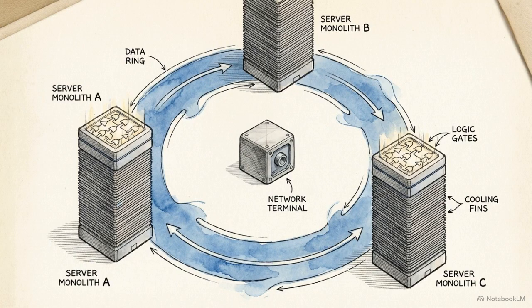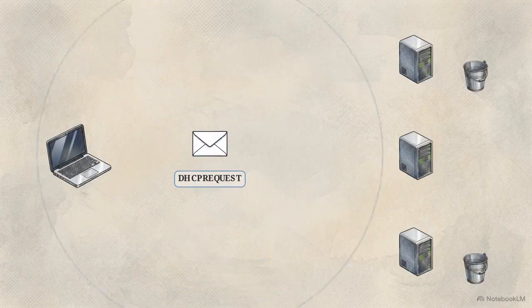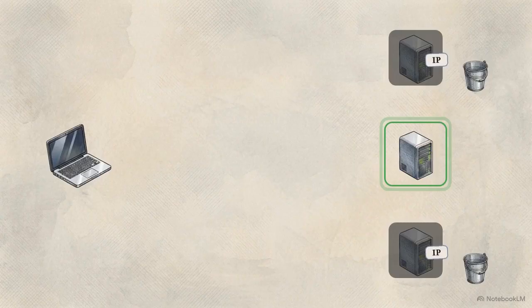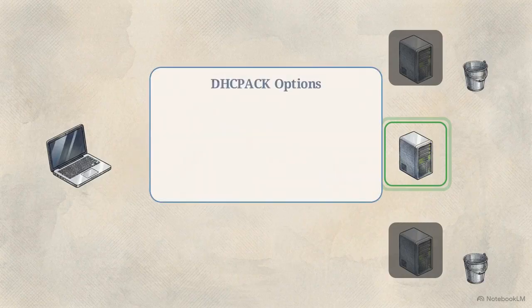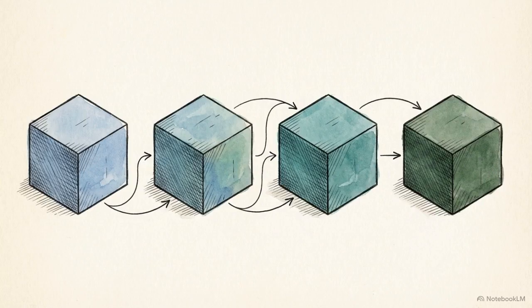During Phase 3, the client officially selects one of these offers and broadcasts a DHCP Request. This broadcast request simultaneously confirms acceptance with the chosen server and signals others to release their reserved IPs. Finally, in Phase 4, the selected server confirms the lease with a DHCP ACK. This uses the options field to deliver final parameters, like default gateways and DNS. This four-step DORA sequence guarantees a mathematically sound handshake, keeping every participant perfectly synchronized on the current state of the